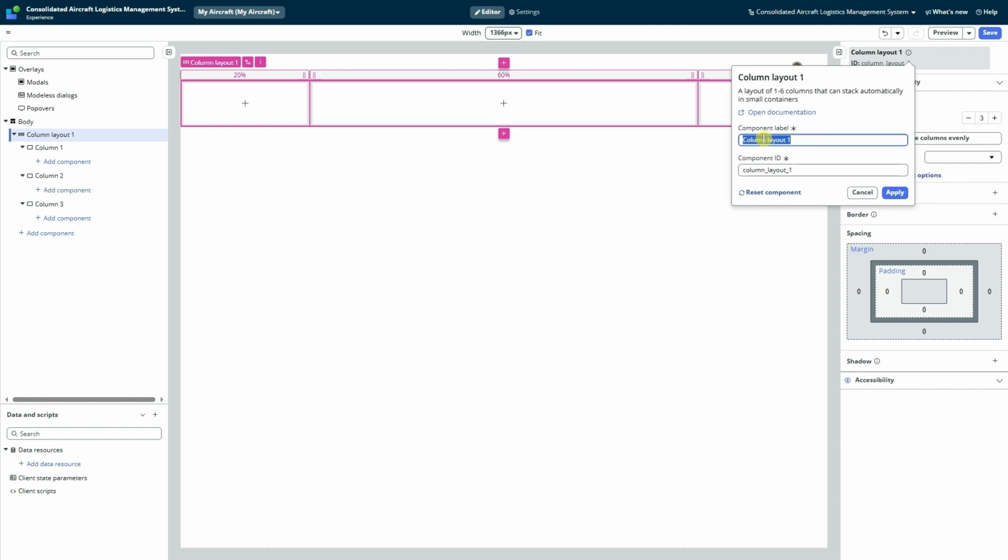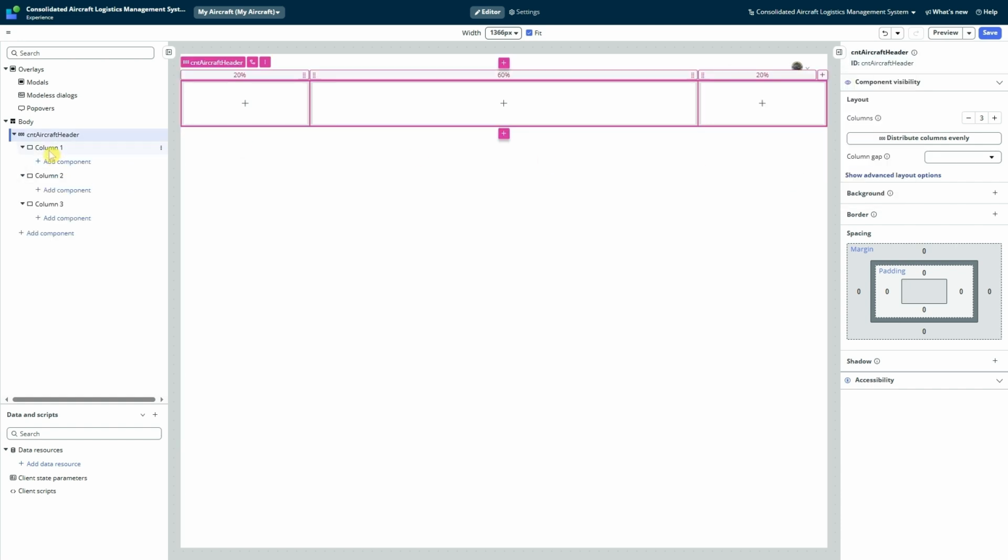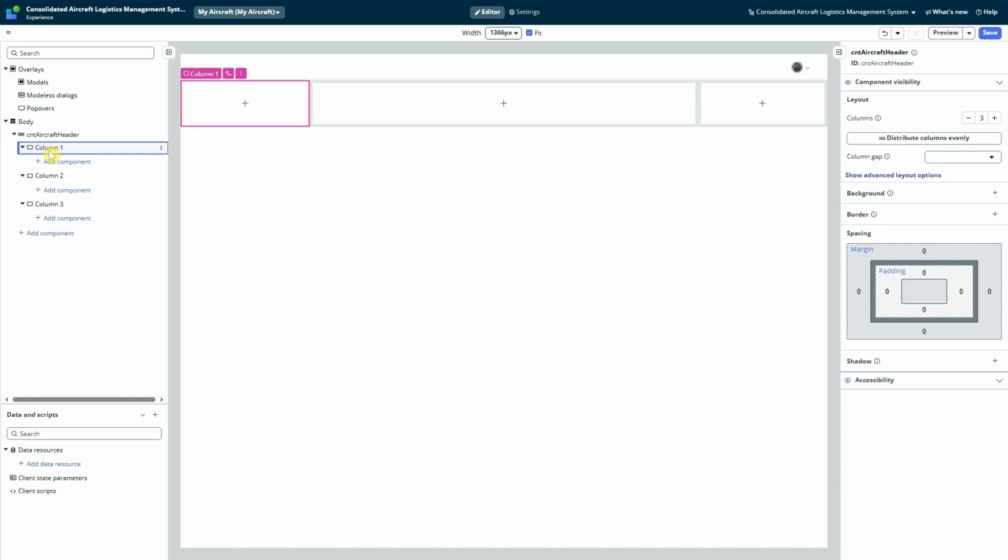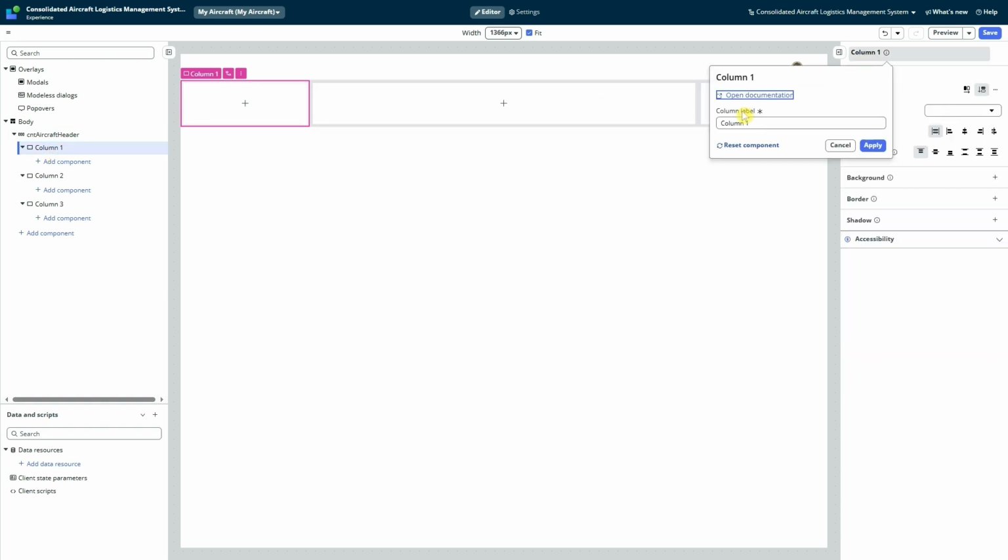So container, aircraft, header. We'll copy that there for reference purposes. And I know this is kind of boring here, but this really will help when you start referencing parts. You don't have to name everything, only name the things you're going to reference, but I just like being in this habit. So aircraft header